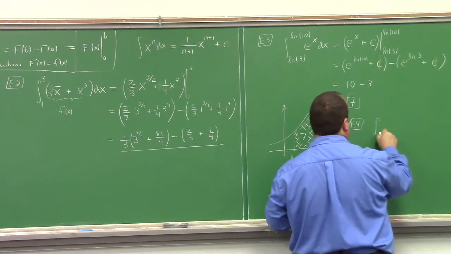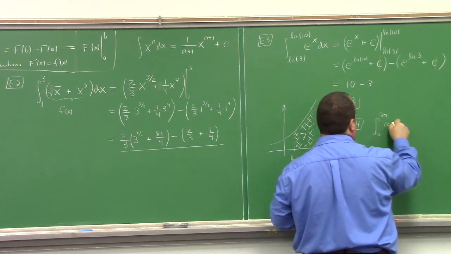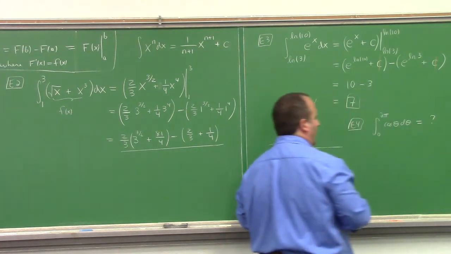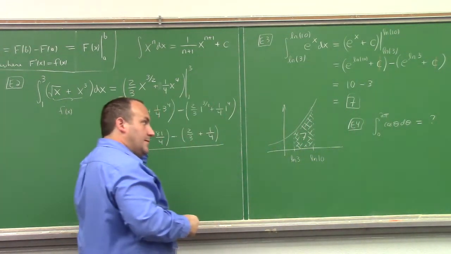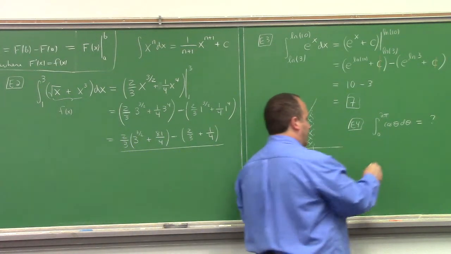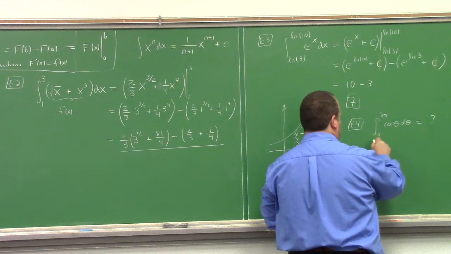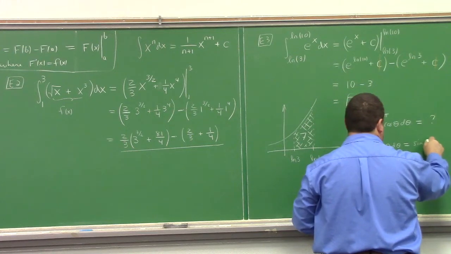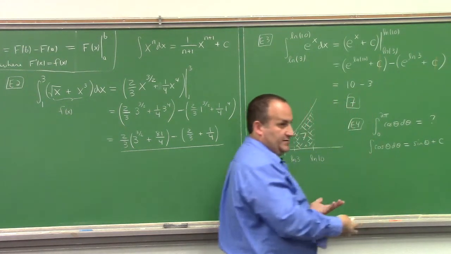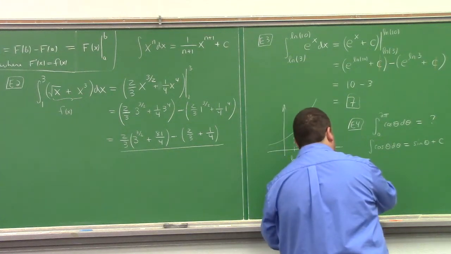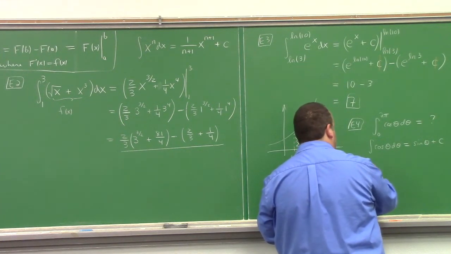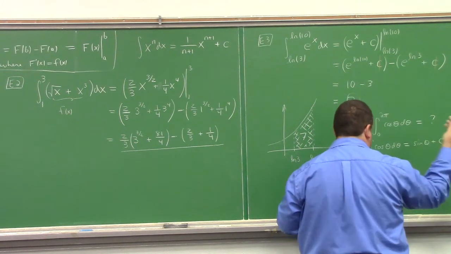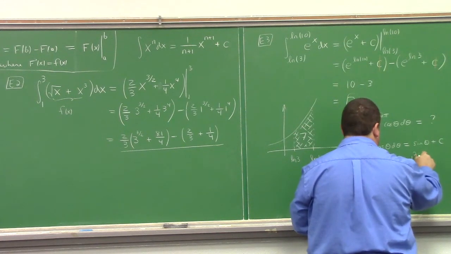One last example here. What if we did the integral from 0 to 2 pi of cosine theta d theta? So let's see here, the integral of cosine theta d theta is equal to the sine of theta plus a constant, right? That's the indefinite integral, so I can use FTC II. The integral from 0 to 2 pi of cosine theta d theta is sine theta, plus a constant which I'll just leave off, evaluated from 0 to 2 pi,